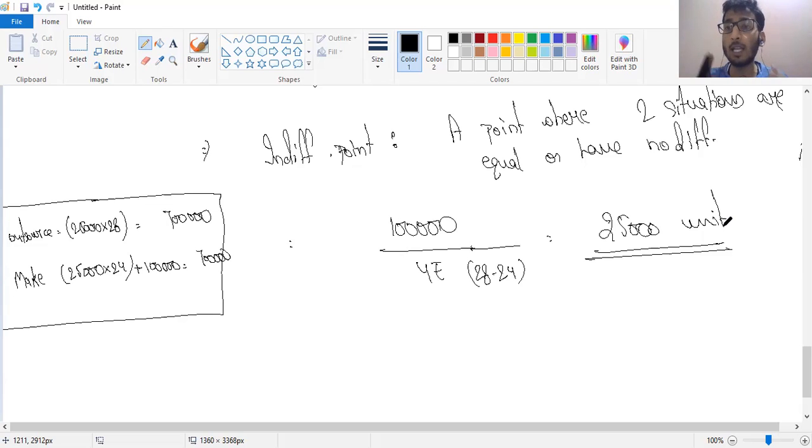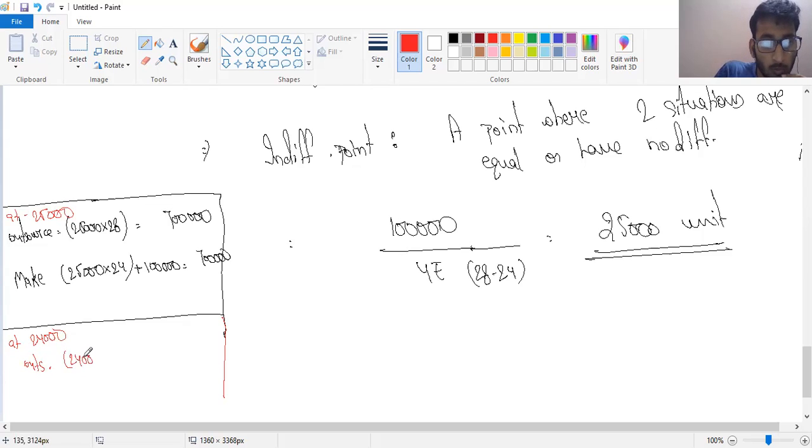Why? Because the additional fixed cost of 1 lakh rupee of making the toy is covered at 25,000. Below 25,000, my variable cost saving is lesser and my fixed cost is more. Suppose I take an example. It is just an example. At 24,000, at 25,000, at 24,000. I am just writing these figures to make you understand.